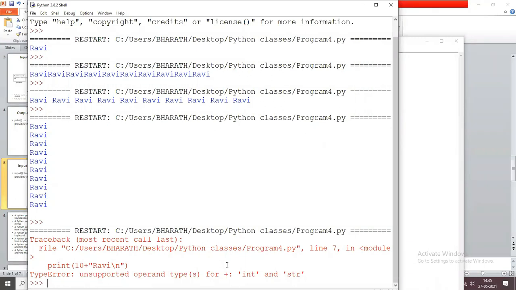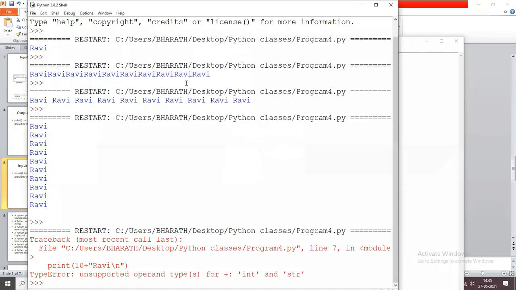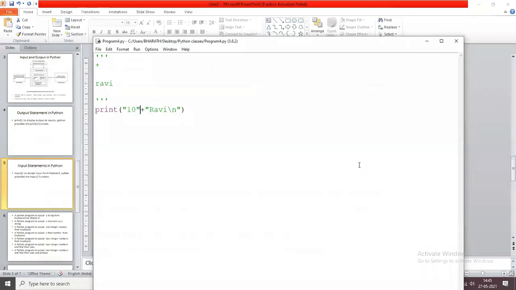But here, why do we get the error? 10 is a number. If we give the 10 in double quotation, then it displays 10 Ravi. Now here, this is the concatenation operator. So plus is a concatenation operator and asterisk is a repetition operator.